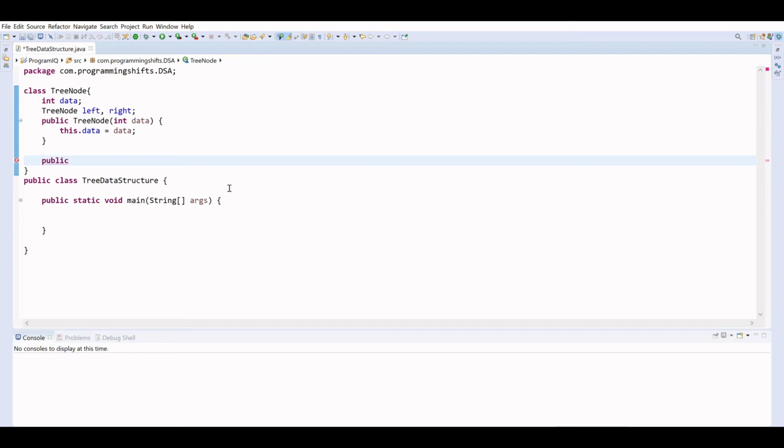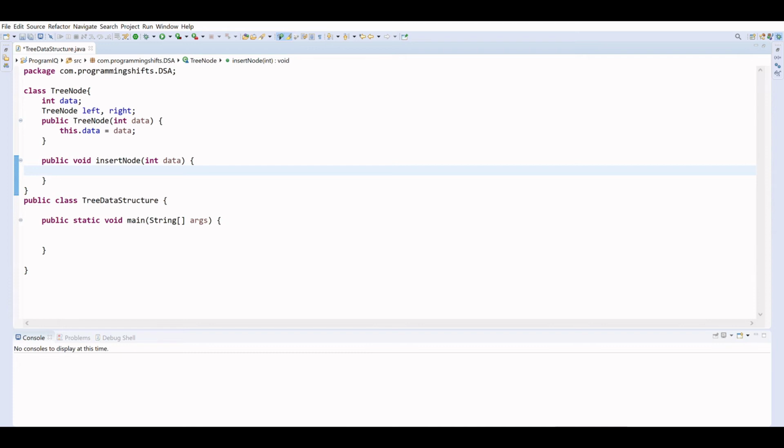We can write a public method so that we can call it from any place, right? It will not return any data. I'm going to insert a node, so I'll name it insertNode, and it will take one piece of data, right? For each node we have to push data that will be stored